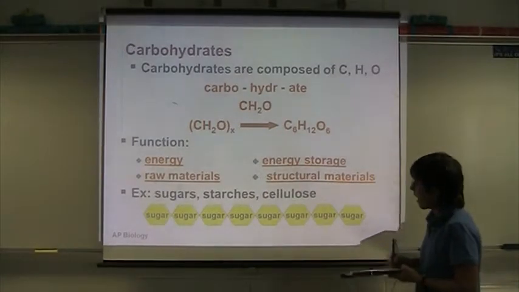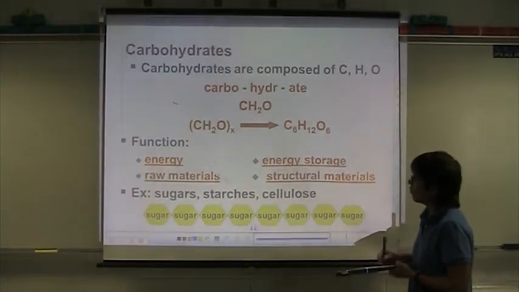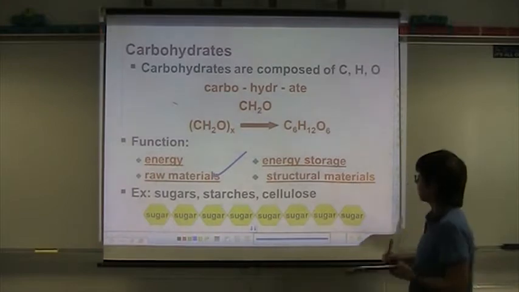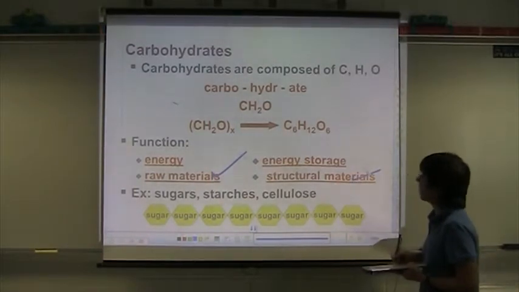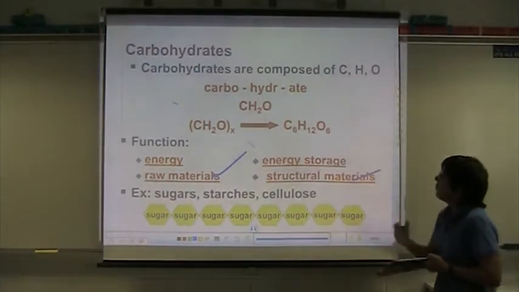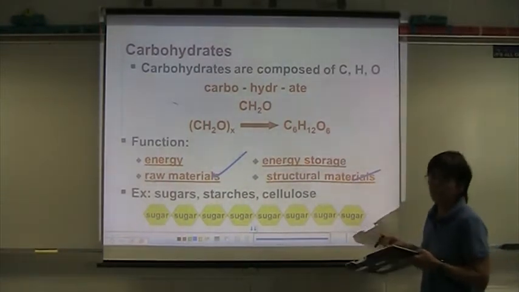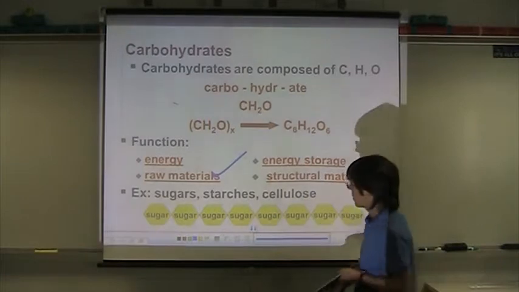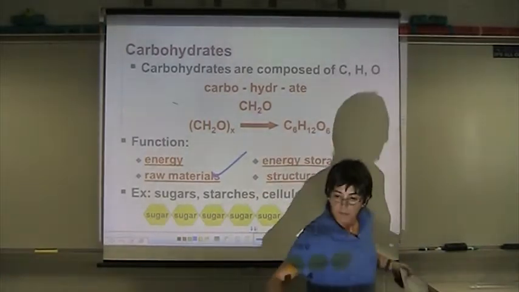So, raw materials, you use them to build other things. Structural materials build your body, cellulose, chitin, for example. So, this is very confusing. You don't understand a thing I have said. So, let's go to the basics of